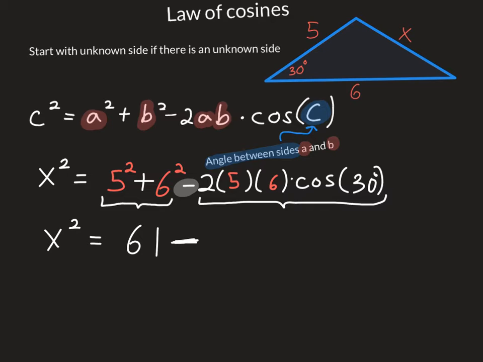And then I'm going to jump to my calculator for this second section, because I'm going to need to do the cosine of 30. And by the way, whenever you're doing trig functions on your calculator, for this course, we will always be in degree mode. So make sure that your calculator is in degree mode before you put this in. So in my calculator, I'm going to put in the cosine of 30 and then times 6 times 5 times 2. I'm not going to include that negative because I already put it down there. So when I go the cosine of 30 times 6 times 5 times 2, I get